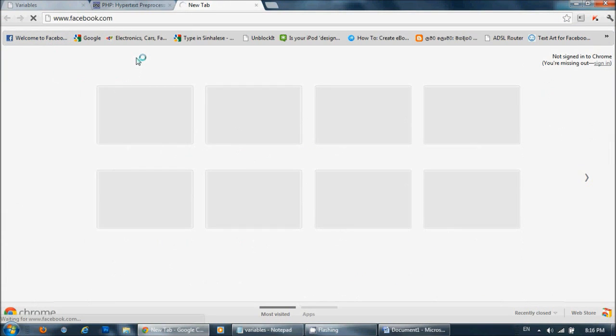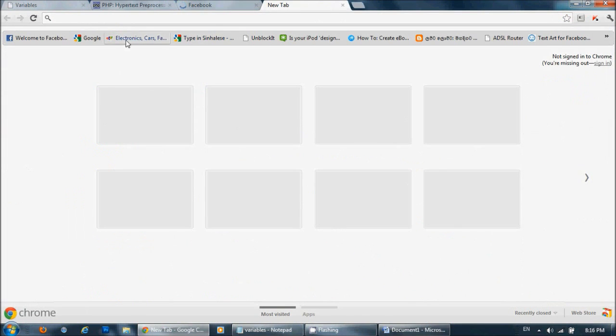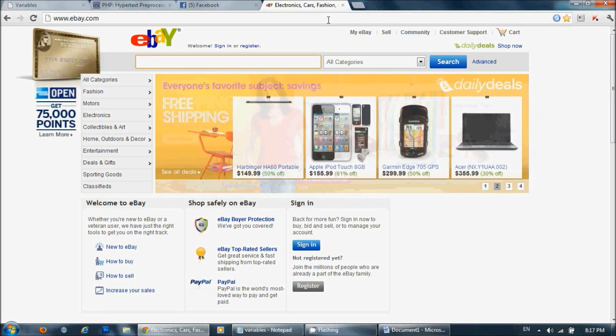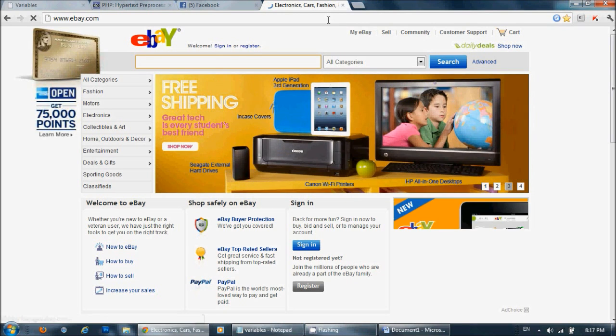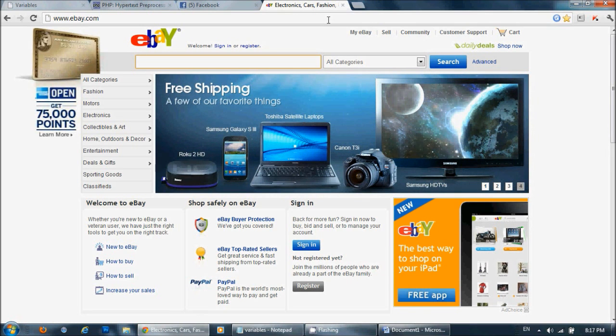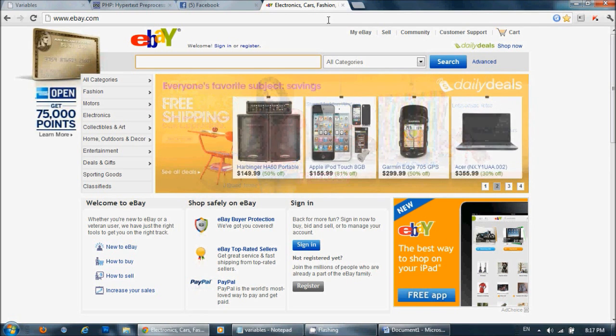go to a page like this, the Facebook page, like eBay, now the page is loaded to your computer. You will see different kinds of beautiful images and buttons and so many things in this page. So these are loaded to your computer, but if you think